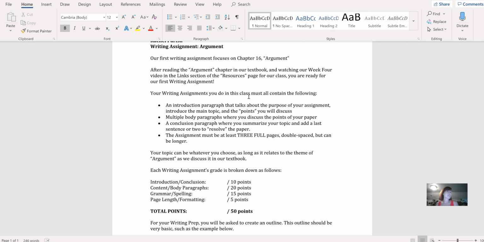And so we do treat this like a college essay. It is not a Facebook rant. It is not an email rant, anything like that. It is you constructing an essay around your opinion on a certain issue and then supporting that with actual evidence. So this is where our Works Cited page would come in, in terms of you showing where your sources are, where did you find them, are they reliable sources, are they biased, that sort of thing. Chapter 16 talks a lot about appropriate ways to handle arguments. So I definitely would recommend you reading that chapter to see the insights that they give.